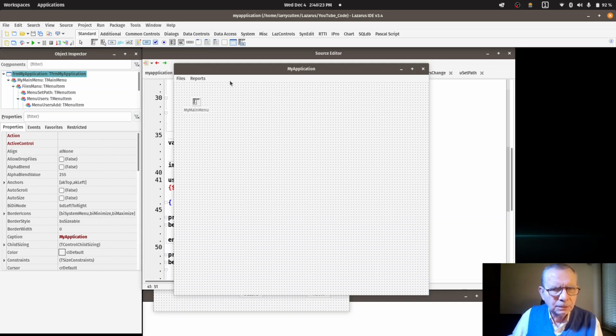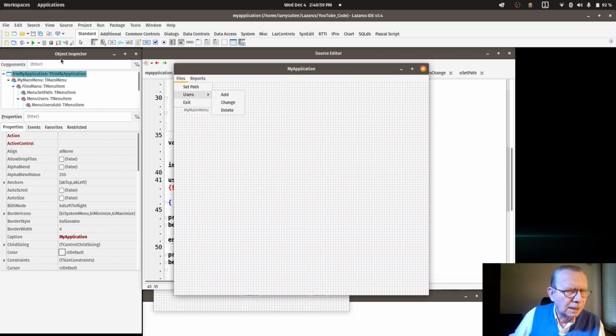Okay, so now we're in our application, and when we click Files, we have Set Path, and then we have Users. When we slide onto Users, that brings up this little pop-up menu which has Add, Change, and Delete. So one of the things I want to change here is the caption for Users, I just want to make it User. Okay? So I can do that by coming over to our object inspector, and you see this,